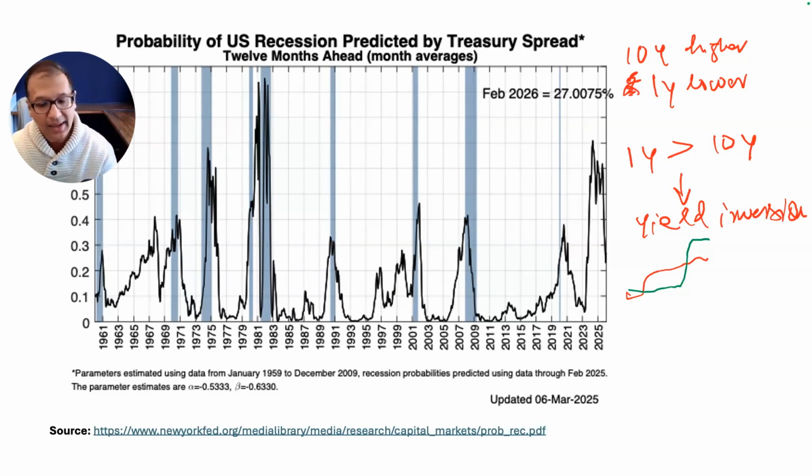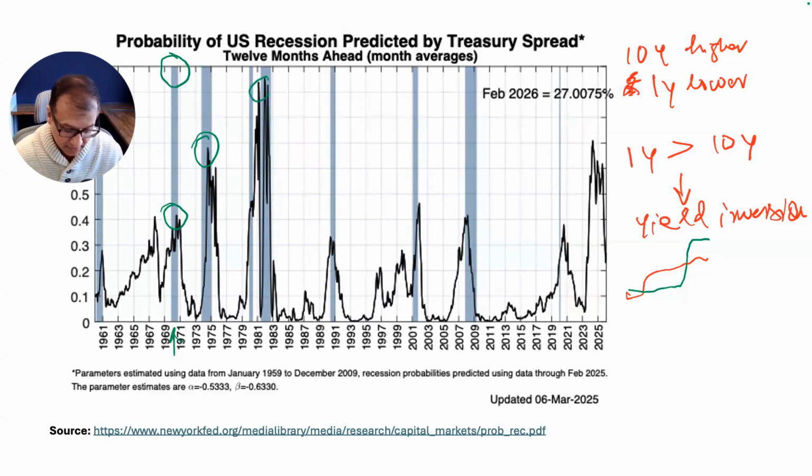Now, has that happened most recently? Not necessarily, but let's have a look at history. All these points represented by the blue area represent the times when recessions occurred. So notice in 1970, just before 1971, the yield had an inversion, so a recession occurred. Then again in 1973, '74, the yield had an inversion, and there was a recession. Same thing happened here. Same thing happened.